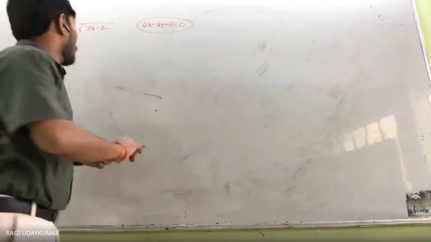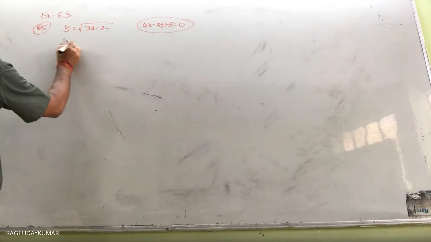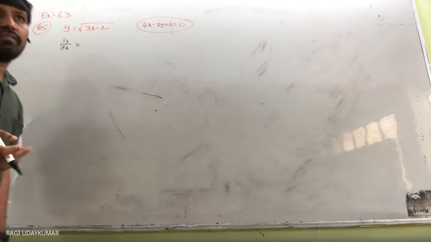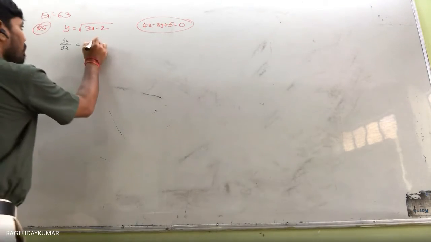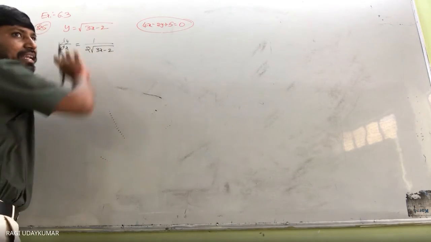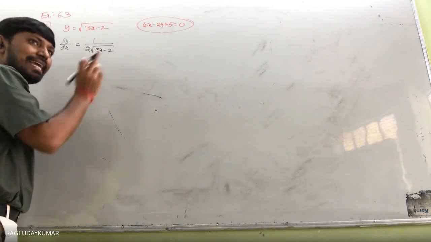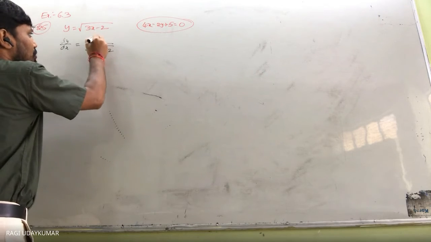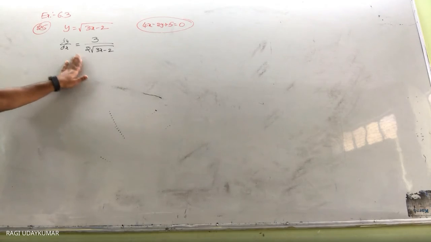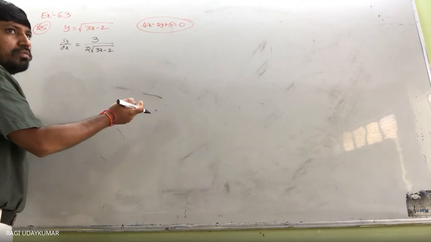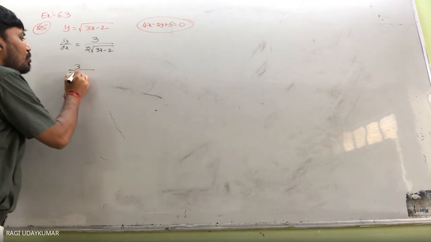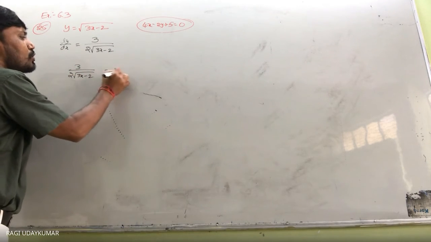Indirectly given. So, differentiate this. dy by dx is equal to, root x differentiation is 1 by 2 root x. And again, differentiate this, 3x minus 2, 3 will come. So that 3 should be multiplied. And this will be equal to the slope. The slope of the tangent is that one. 3 by 2 into under root of 3x minus 2 is equal to 2.